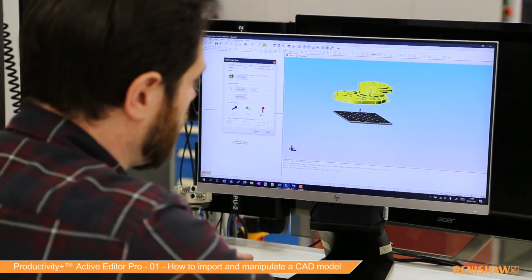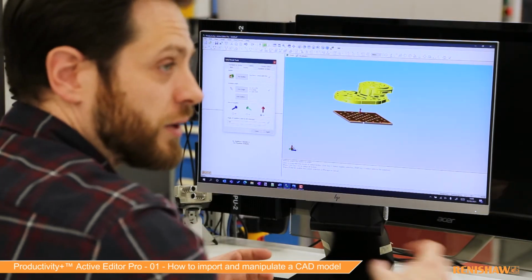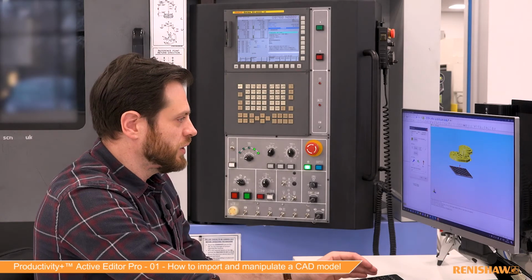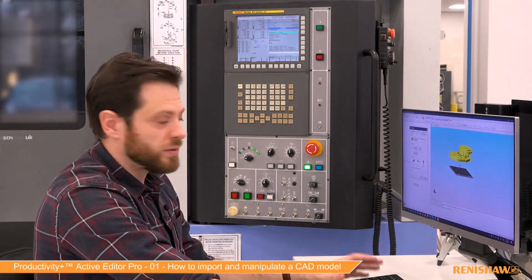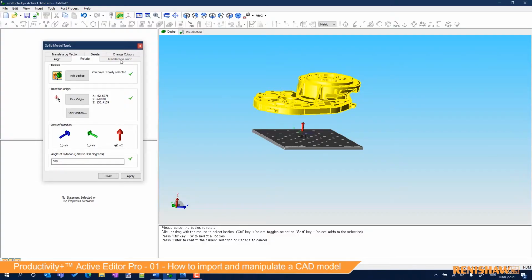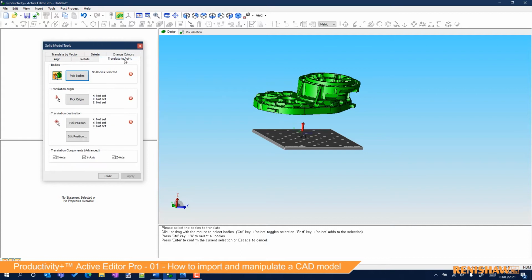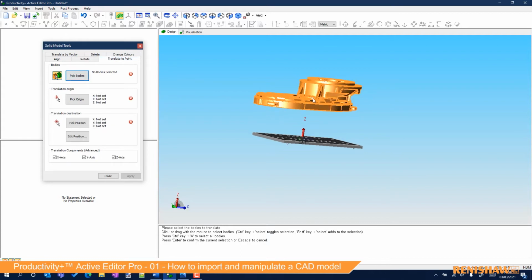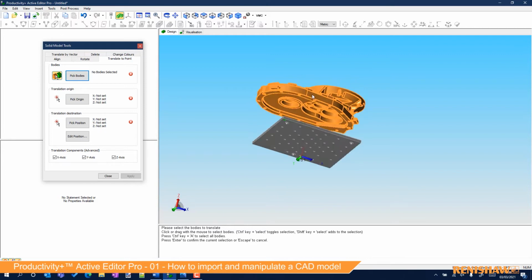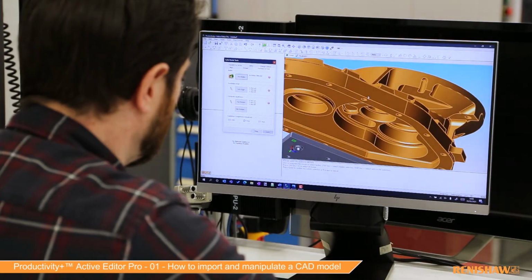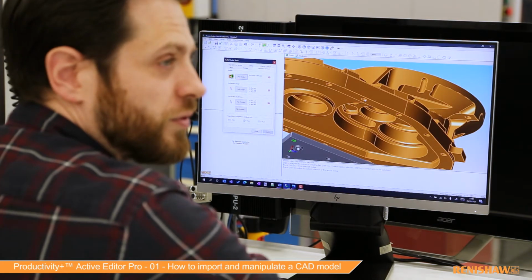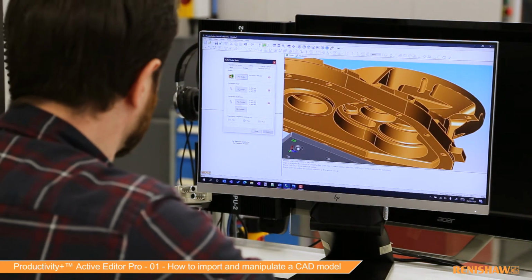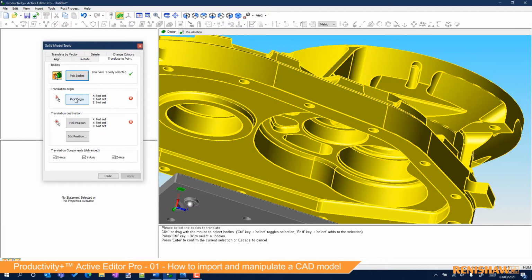Now there's two holes, one in the part and one on the fixture, that are going to actually be the mating points. So there's a way we can move that in one move. So if I select Translate to Point in our solid model tools, what we're going to do is orbit this around and zoom in. And this hole is one of the origin points of the model that I want to move. So if I choose Pick Origin and then select that hole center point,